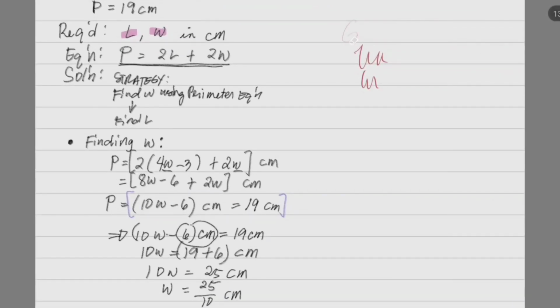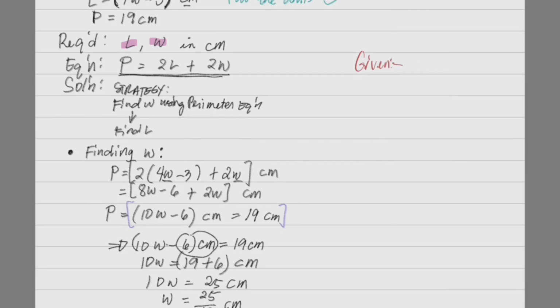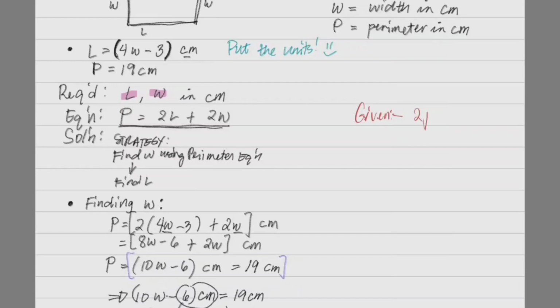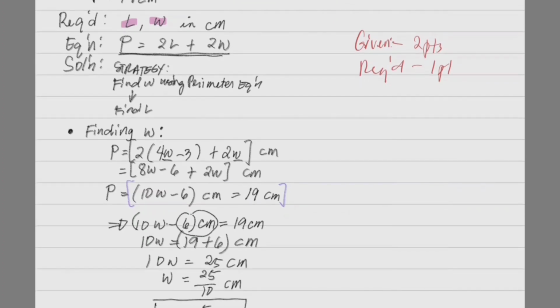I hope you can see it. For example, the given is 2 points. The required is 1 point. The equation or writing the equation will give you 2 points. Equation or equations. And then the solution will give you